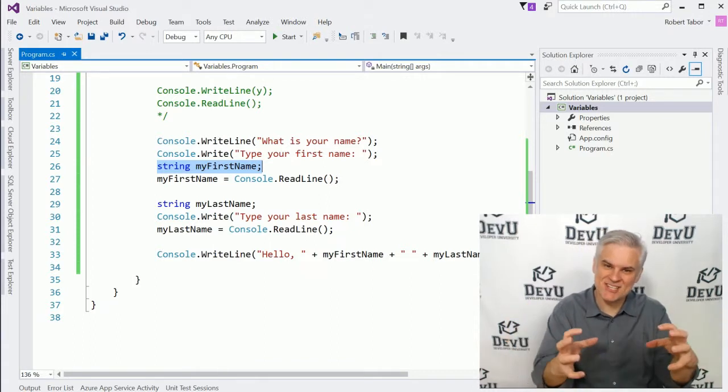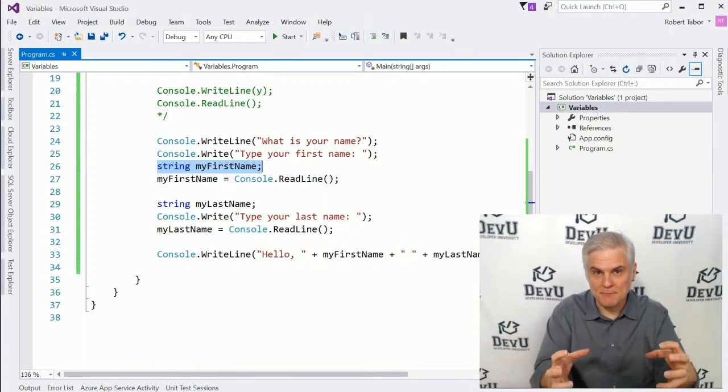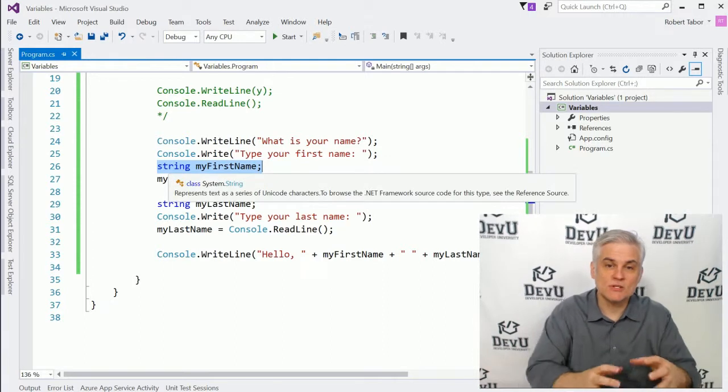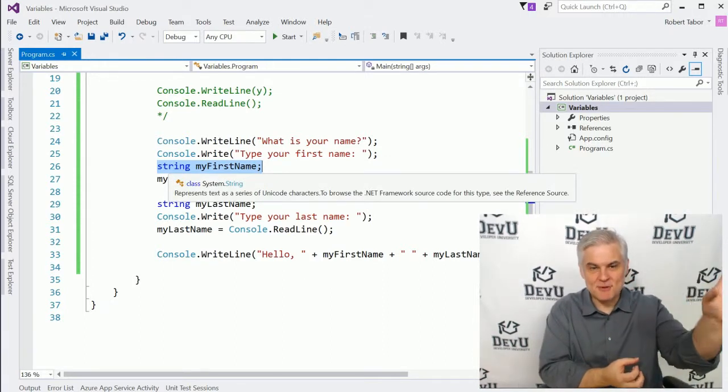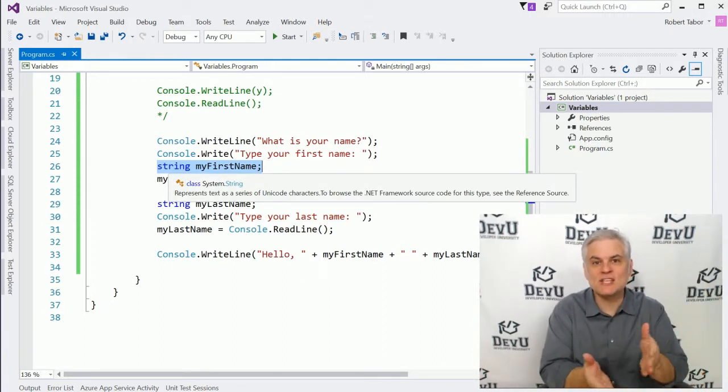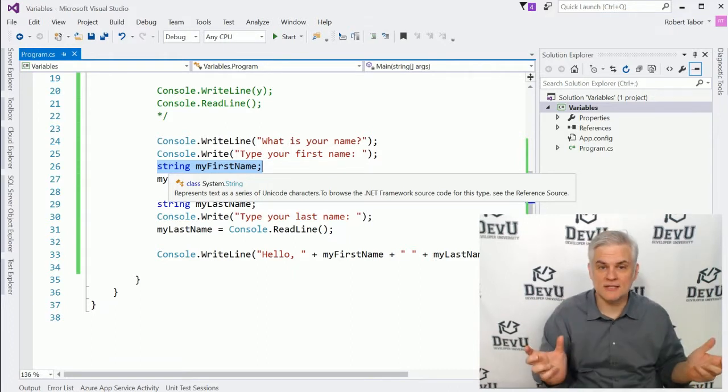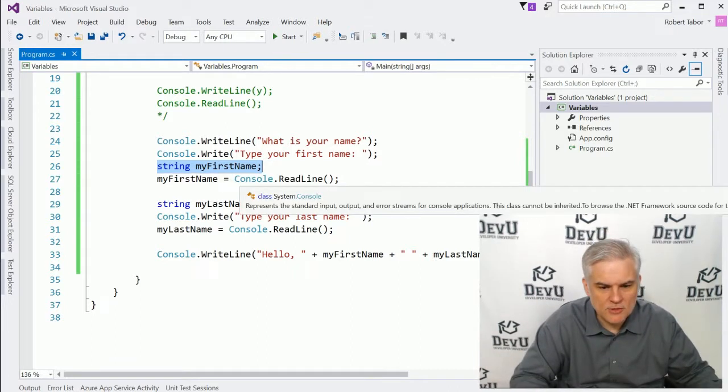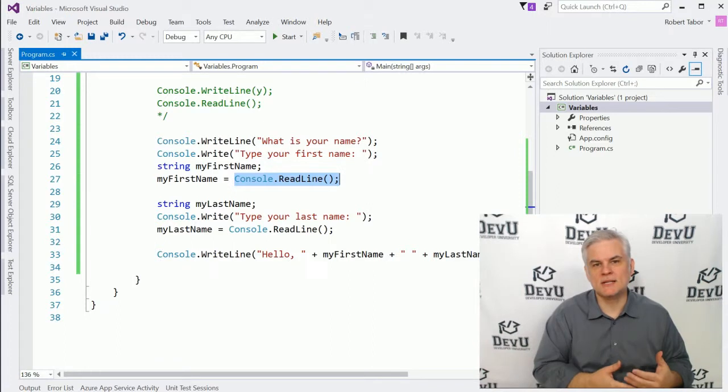We're interested in them as a string or a collection of characters, as Bob, B-O-B, okay? So that's what we're declaring: a bucket in the computer's memory sufficiently large enough to hold a string of characters, however long that it is, all right? And then what I'm doing is calling our console.readLine method that we're already familiar with, but there's a twist on